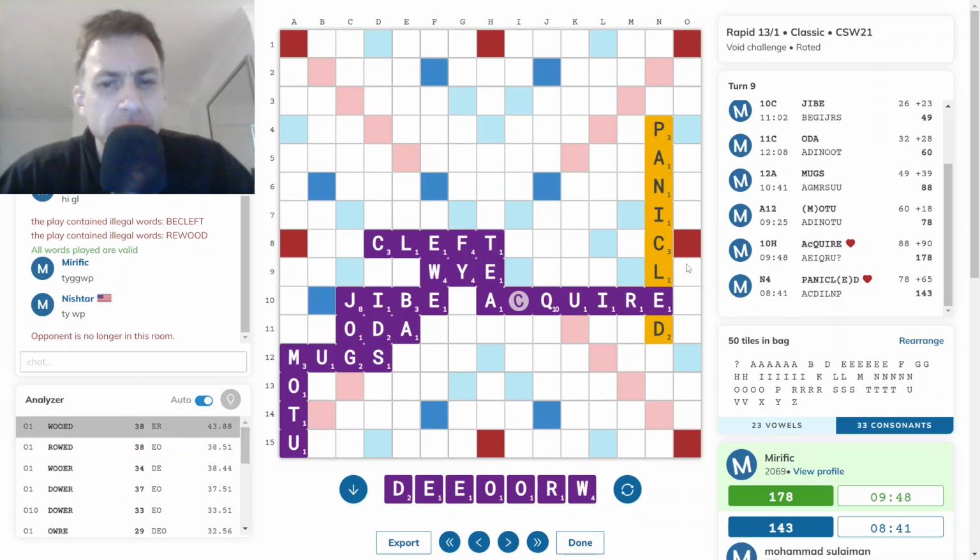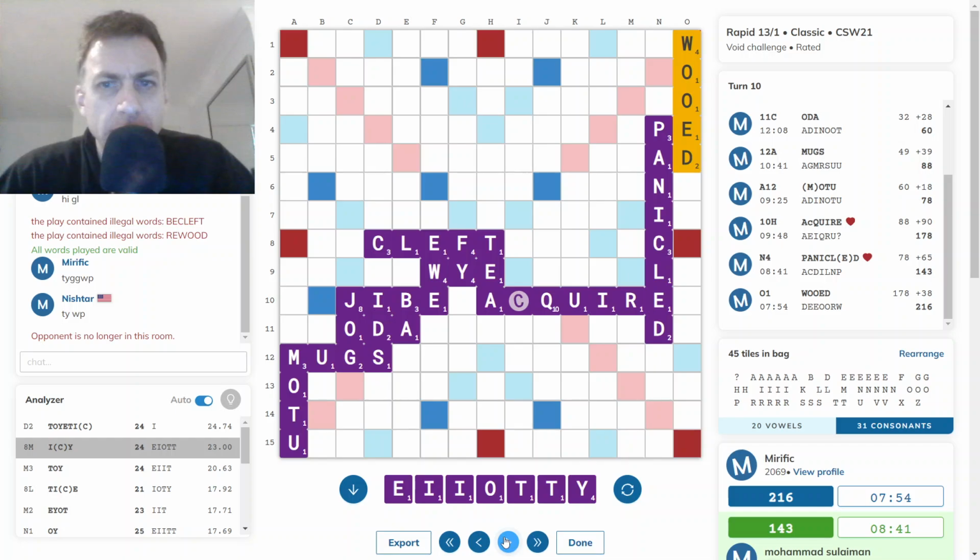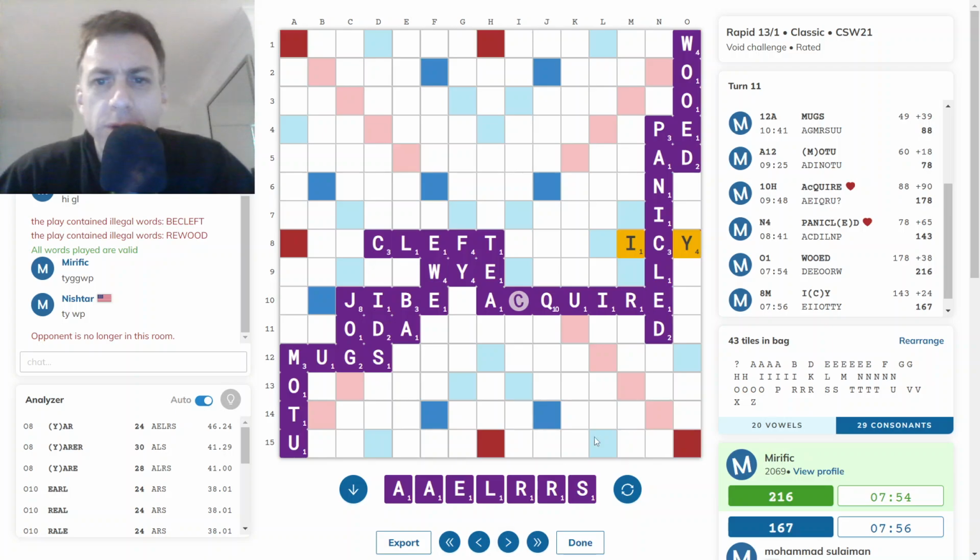I took some time here because I just didn't want to miss a 6-letter play that scored a bingo-y score, and there wasn't one. Opponent Toyetic onto the C, very nice. D2, Toyetic, that would have sorted out his duplicates. Went with Icy. Now, I looked at